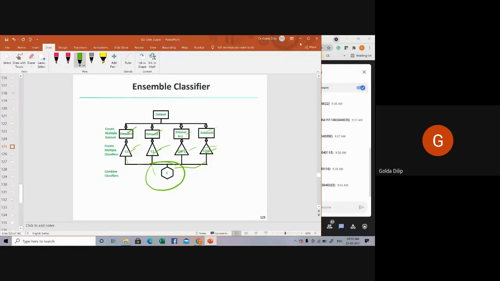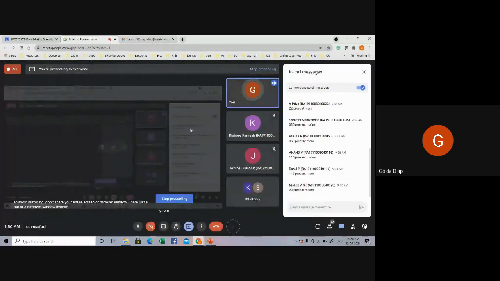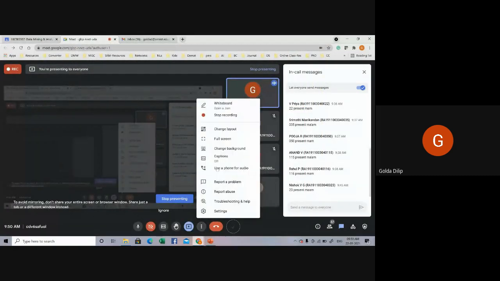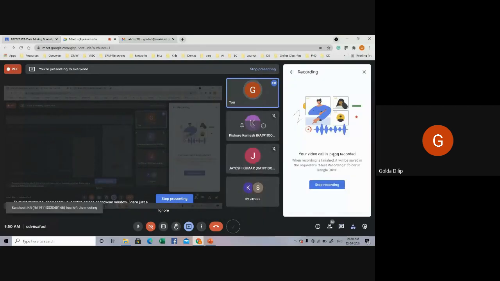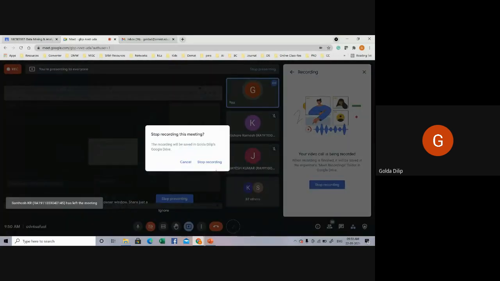Okay, so any doubts? So tomorrow when you come, please try to find out what are the two metrics used for evaluating the goodness of a rule, and